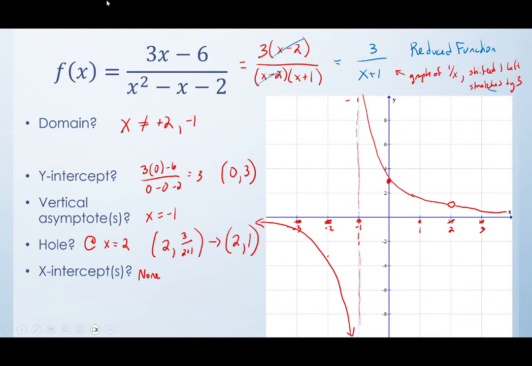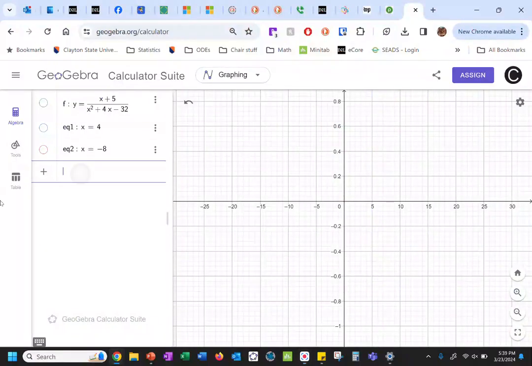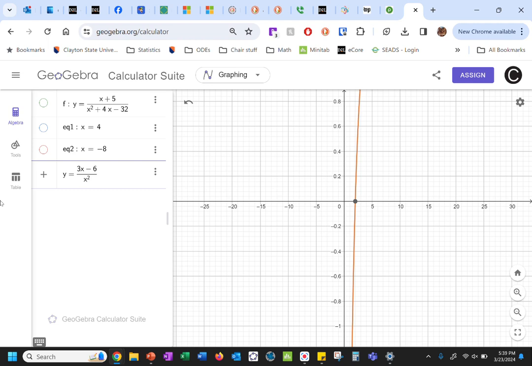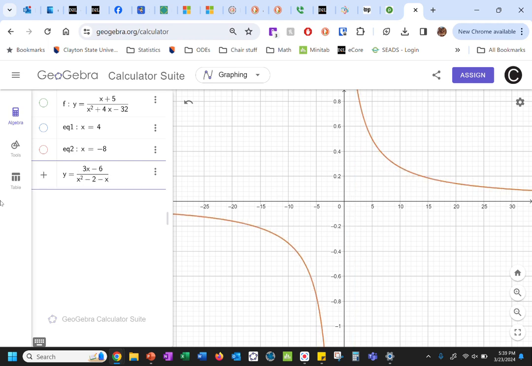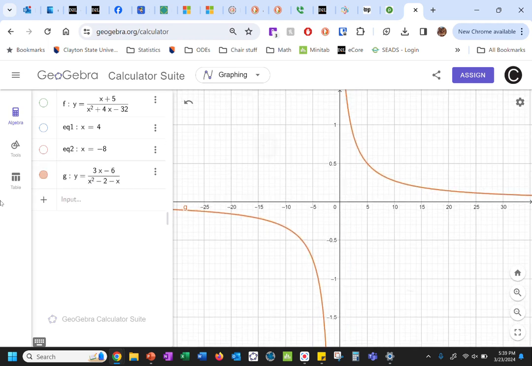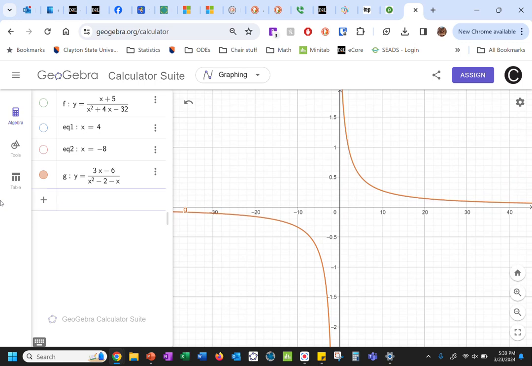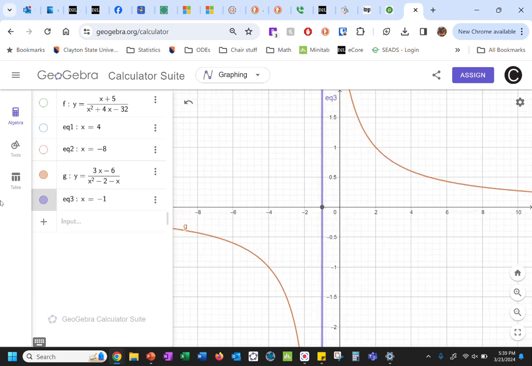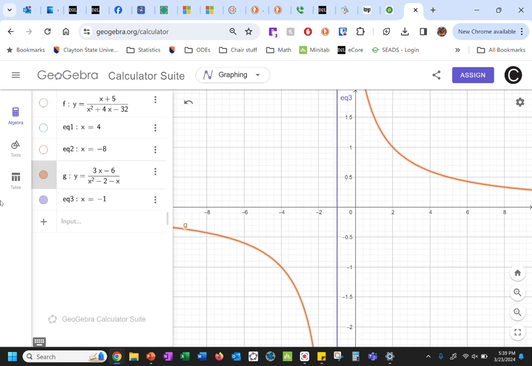Let's get the GeoGebra up. All right, so we're going to put in our original function here, 3x minus 6 over x squared minus x minus 2. And you can see that that basically looks like what we had. We're going to have that vertical asymptote at -1. And here's the question, because you can't see the hole on here, even if we stretch it, although I think I just saw it mark it there